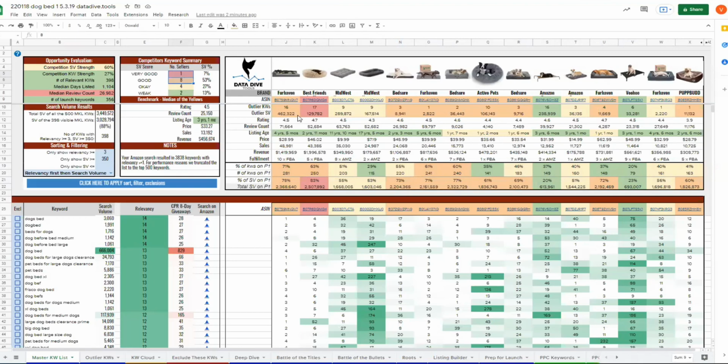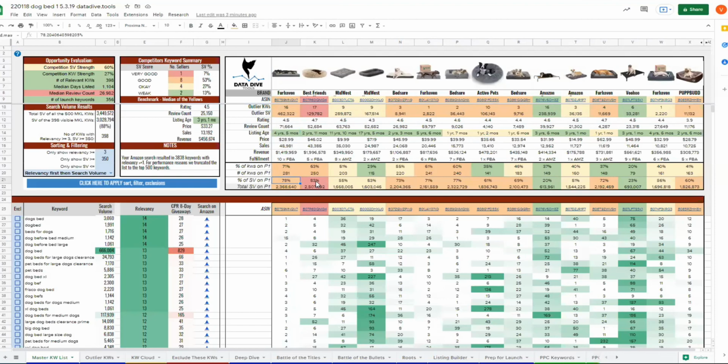Now, first thing I'm going to do is look at this section here, these outlier keywords. These outlier keywords we establish based on only 1 or 2 of these competitors we selected being ranked well for them. And they have a minimum search volume that we've selected and a minimum rank that we've selected. And what we do is we look at them on a different sheet. This competitor here is selling 48,000 units a month